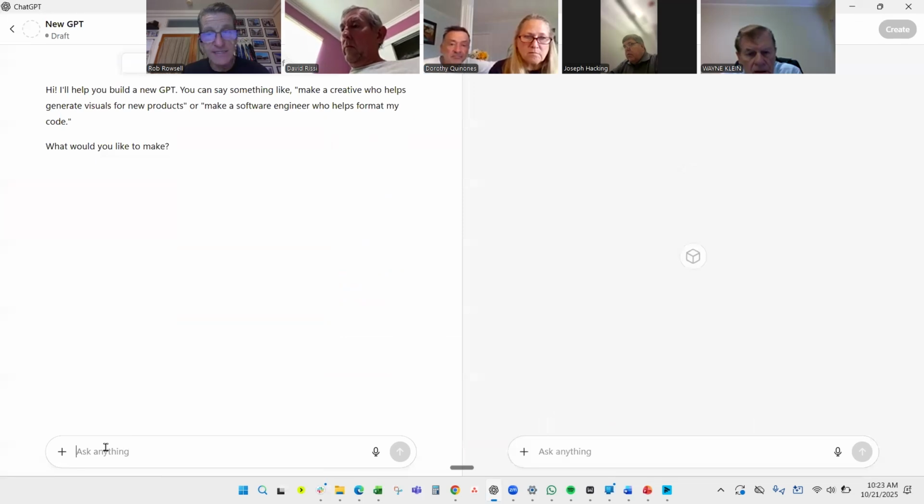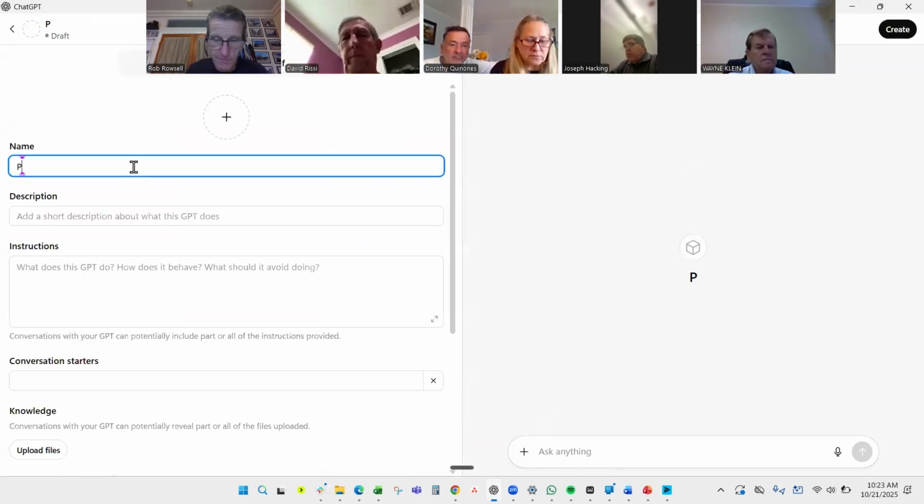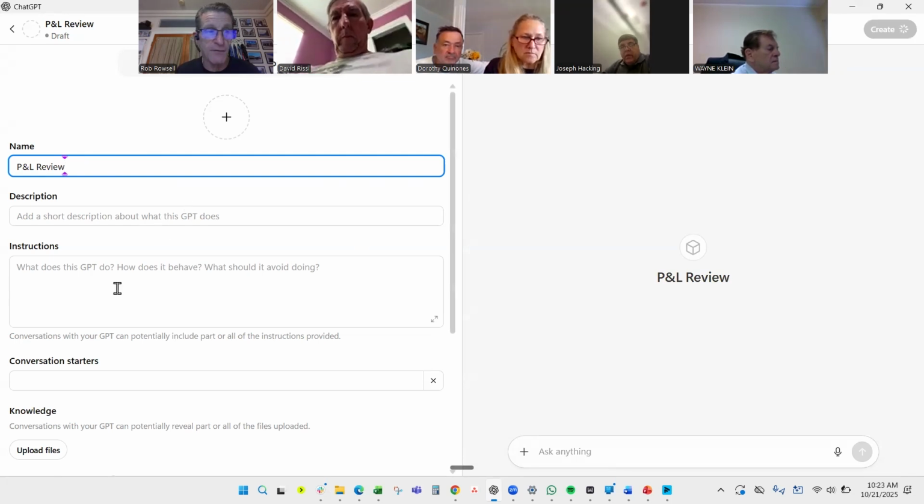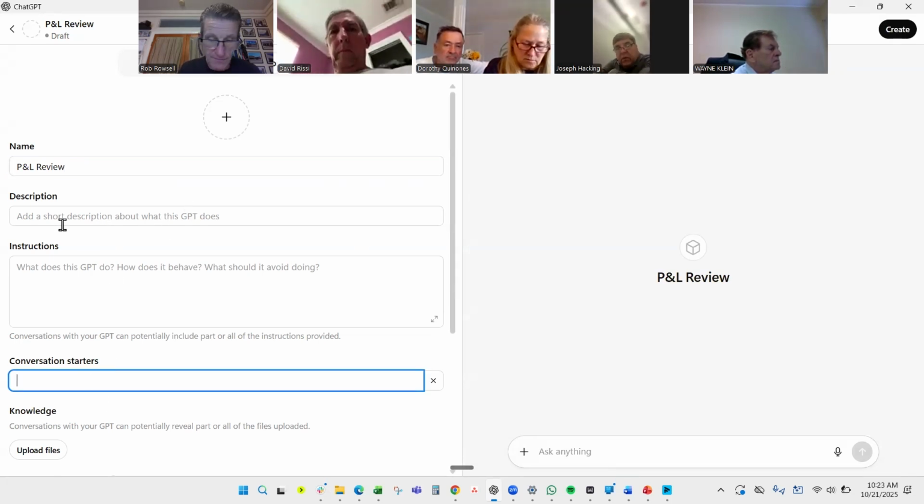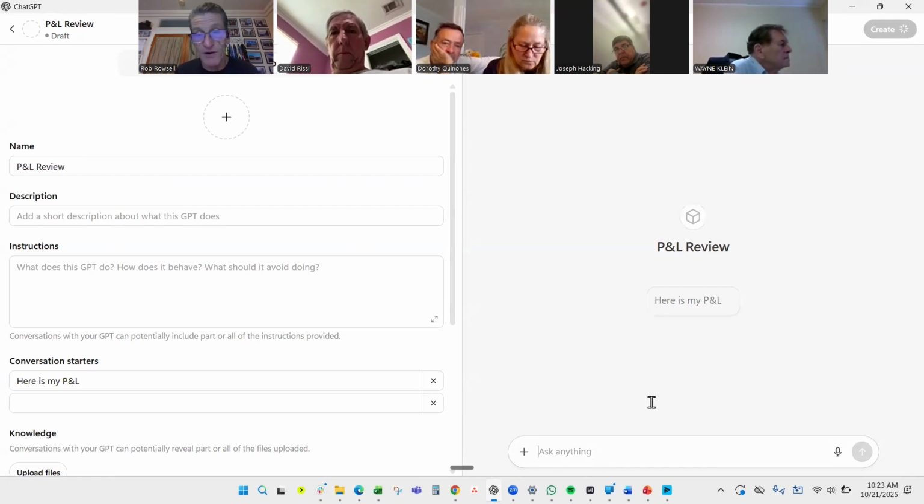So right here on the right-hand side is where I create, and over here on the left-hand side, I'm sorry, this is where I configure. So let's say I'm going to name this P&L review. You can see on the left-hand side, I'm making it, and it's creating it on the right-hand side. If I want some quick buttons, let's say, here is my P&L. You can see I'm creating a button on the left-hand side. So if I keep this and use it as a repeatable prompt, I just click on here's my P&L